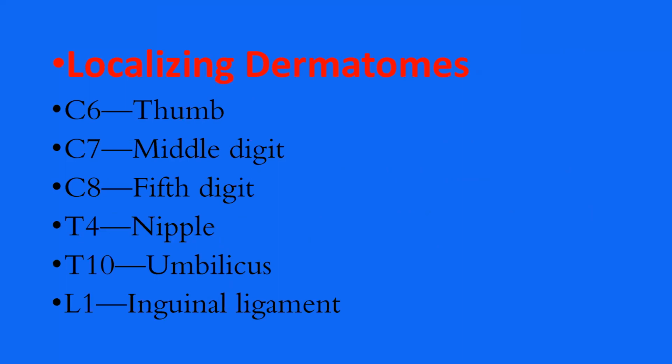The localizing dermatomes, we know that the thumb is supplied by C6, the middle finger C7, fifth finger C8. If you look at the nipple, it's equivalent to T4. The umbilicus is T